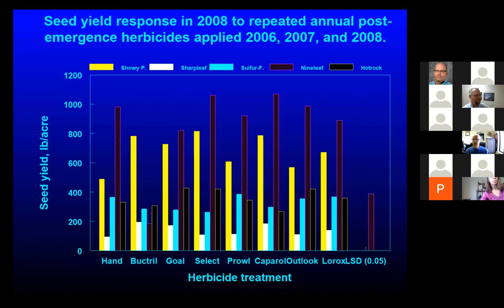Okay, and then this graph shows seed yield from a bunch of different treatments with these different herbicides. And the take-home message is that we found that the soil active herbicides Prowl and Outlook really work well. If you apply them after the plants emerge, they are very effective in controlling the weeds and not damaging the native plants. Native plants are very tolerant to that. So that's something we do routinely in our native plant field, is apply Prowl and Outlook usually once a year in the fall, sometimes maybe again in the spring.